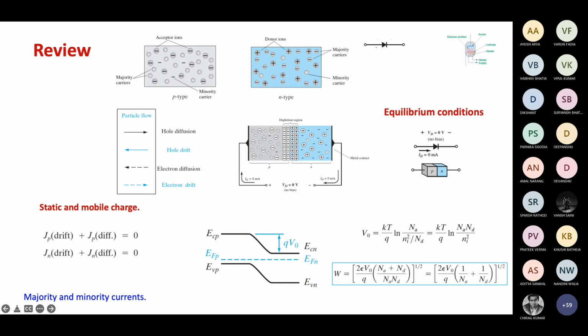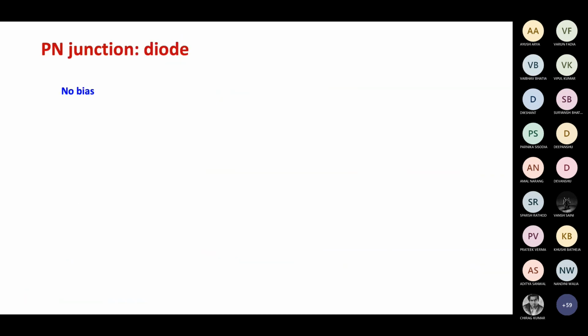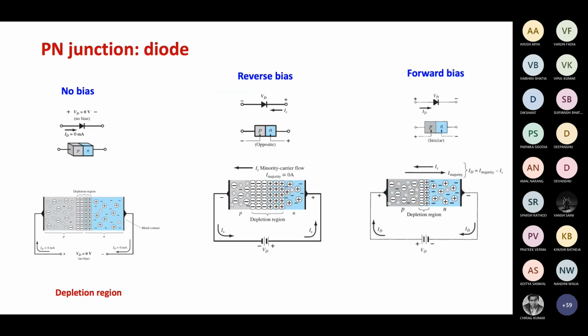Electrons are flowing from the N side to the P side because now this barrier is reduced and they see empty states on the P side, and here those states are filled. So they can quickly jump to these states. That's why this current is known as the diffusion current. Drift current will be when, because of the electromotive force, the carriers are moved. In this case, that is not happening.